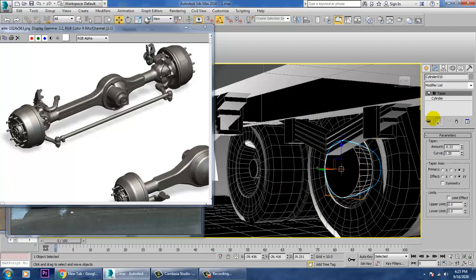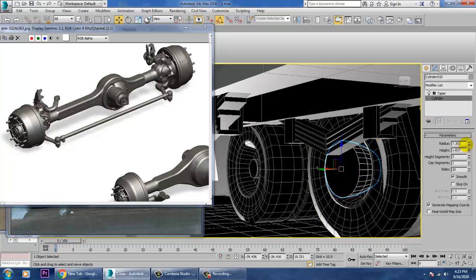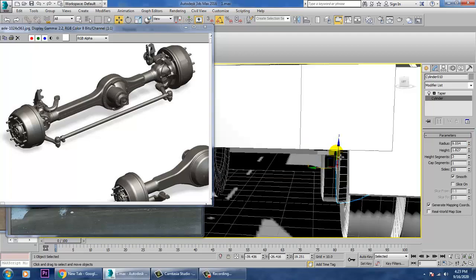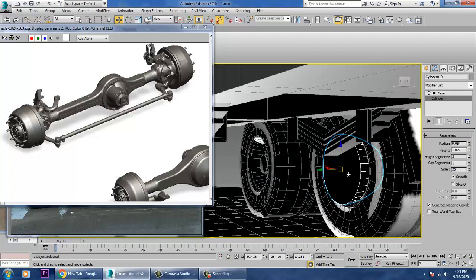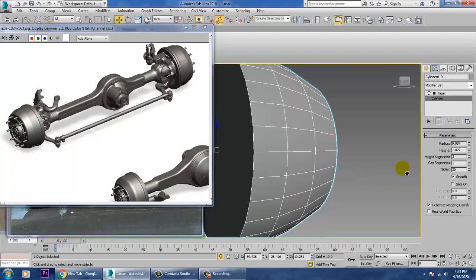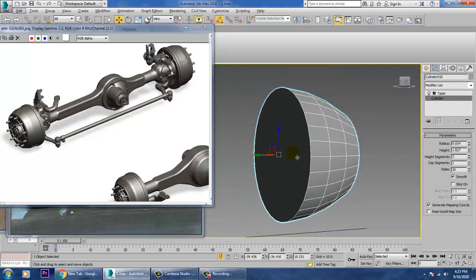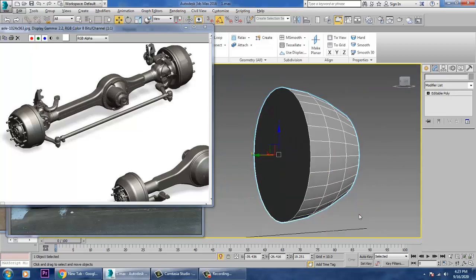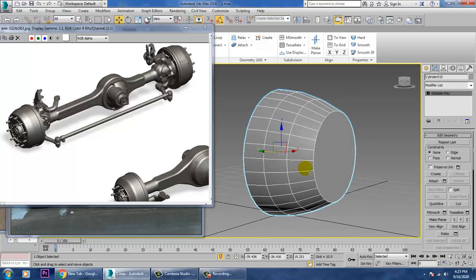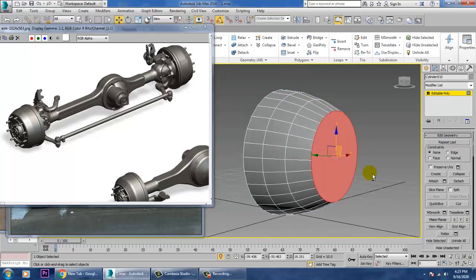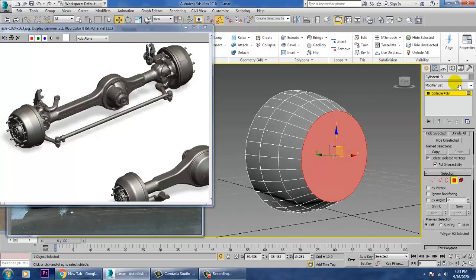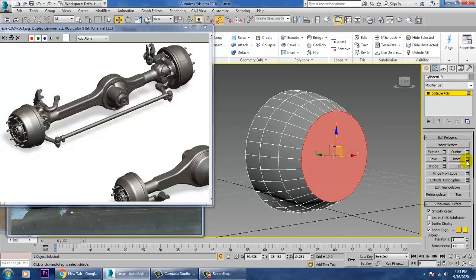You can even increase the radius of this over here. Definitely it's not going to be visible much, so we'll go into this now and convert to editable poly. Press 4 and let's use a bit of inset. Again give a bit of inset.